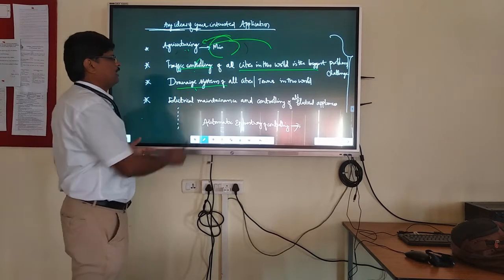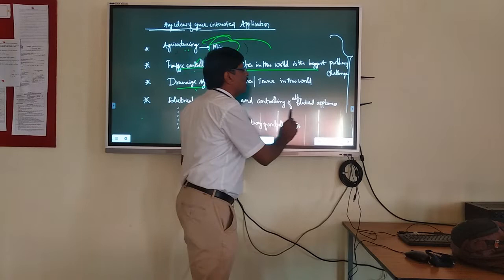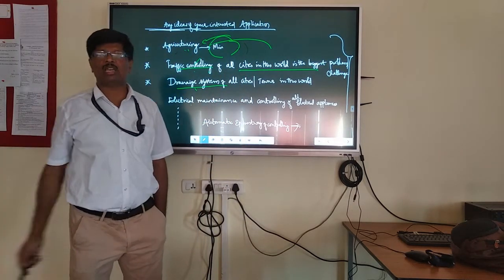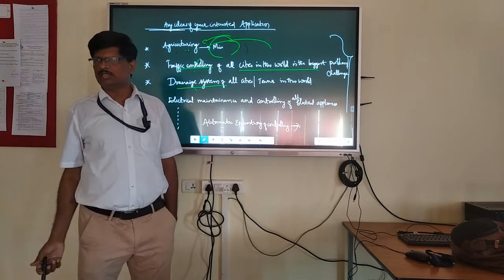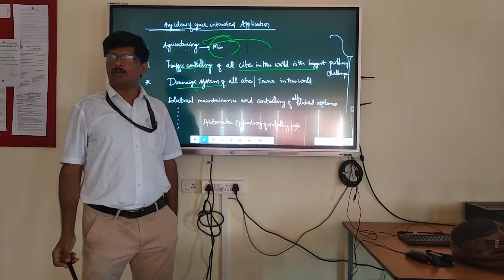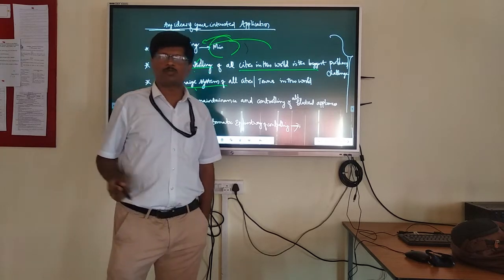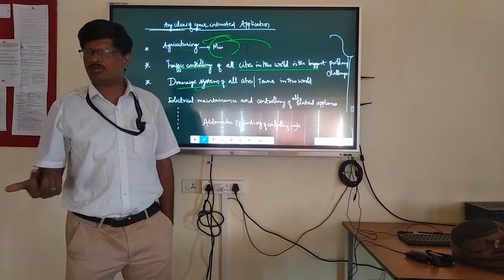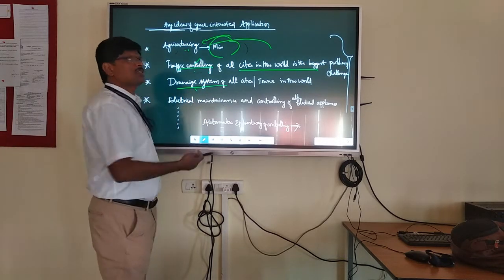Like that, electrical maintenance. This is the best example. Electrical maintenance and controlling of all electrical appliances. For example, maintenance of this room. In the afternoon, as you have seen in colleges, schools, everywhere, the fans are switched on. In the afternoon when all of you are not there, the fans in all the rooms are just running. It's a wastage of energy, a wastage of electrical energy. Then design a system in such a way that it addresses this.